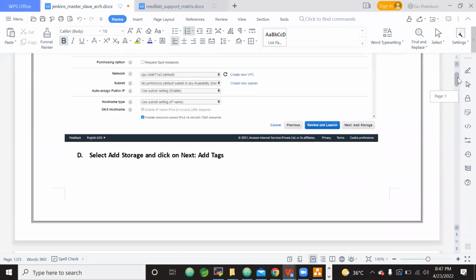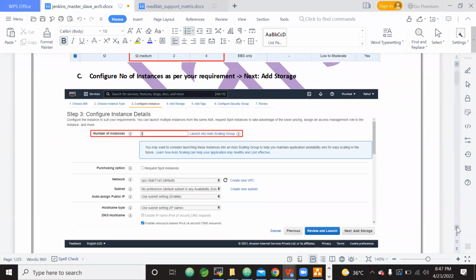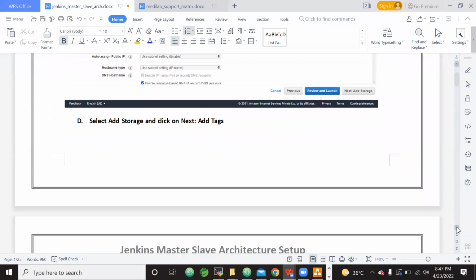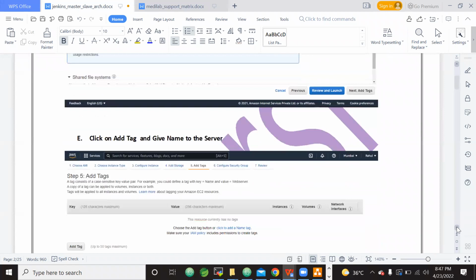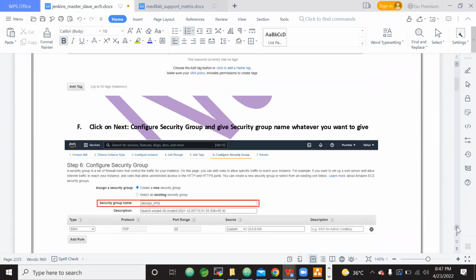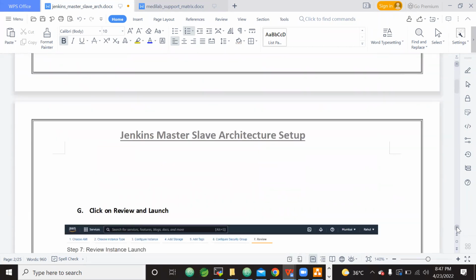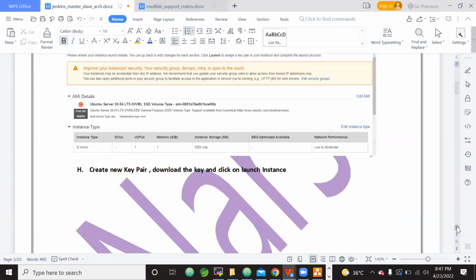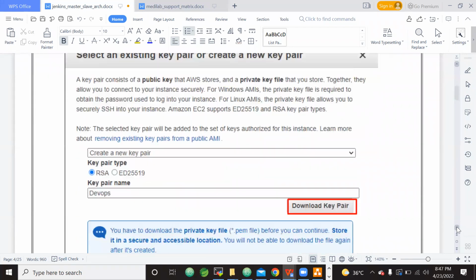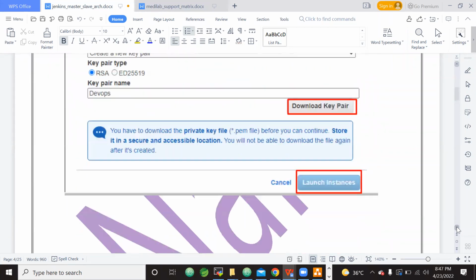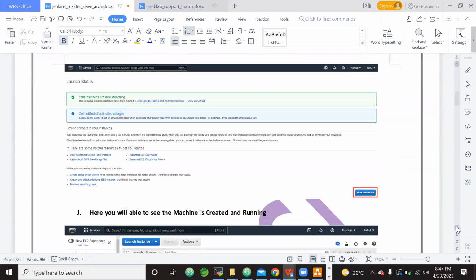I'm going slowly. This is what we have completed. And then the number of instances, 3, we have taken. And storage, leave it as is. And then tags, don't give any. And security group name, just give any of your choice. And then review, and then create a new key pair. Yes, create a new key pair as mentioned, download the key pair, and click on view instances finally, and then